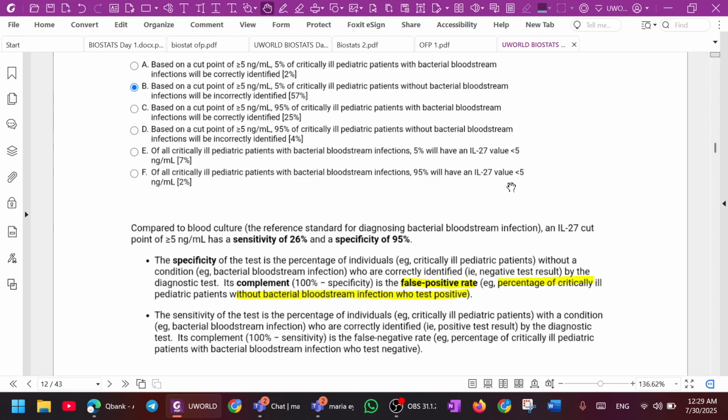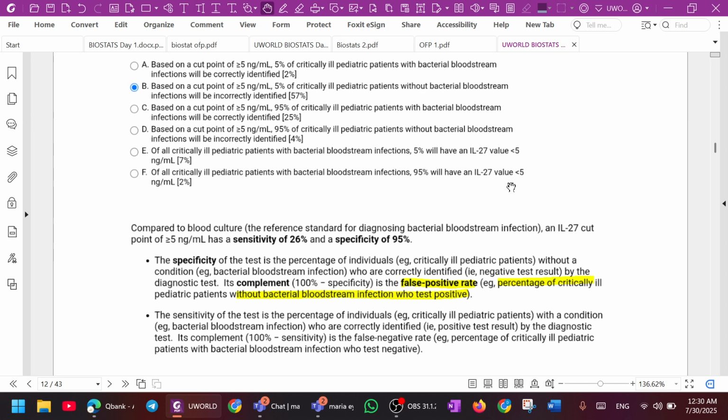Okay, whatever. So 100 minus 26 will be 74, so 74 will be the false negative. And remember, sensitivity is the same thing as true positive: people that tested positive for the disease and have the disease. So false negative, which is the inverse or the opposite, will be people that